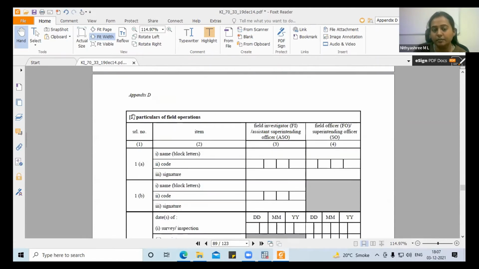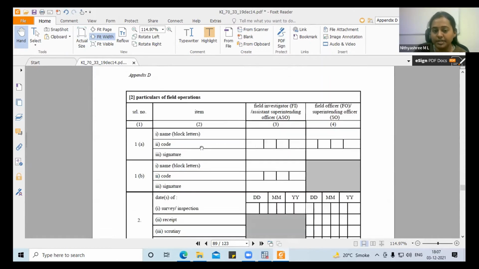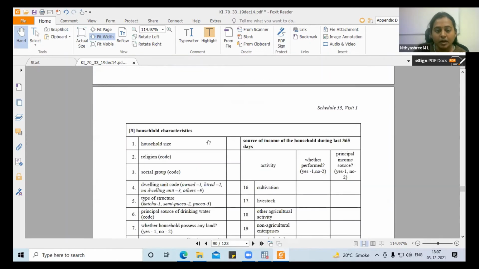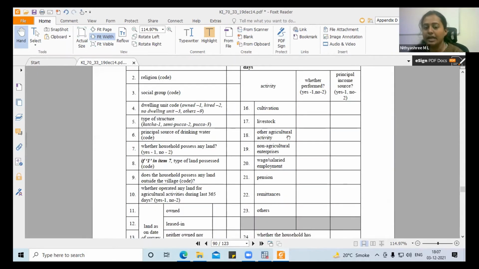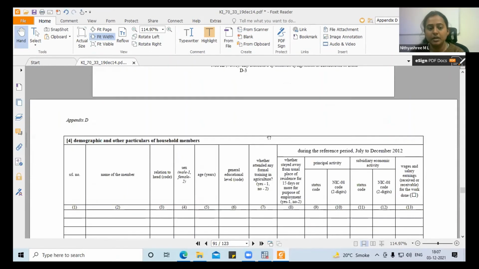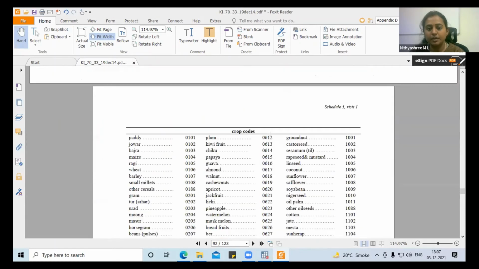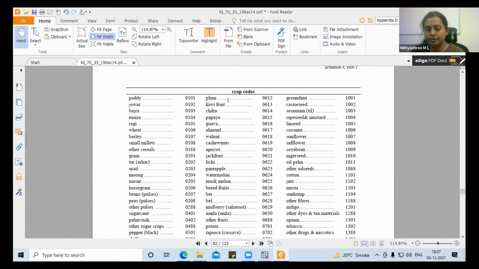In the second block, you have particulars of field operation. Here you have other information like what activity the farmer is doing, cultivating, livestock or pension. The crop codes are also important information. You will not be able to see which crop it is at the unit level, only codes are given, right?